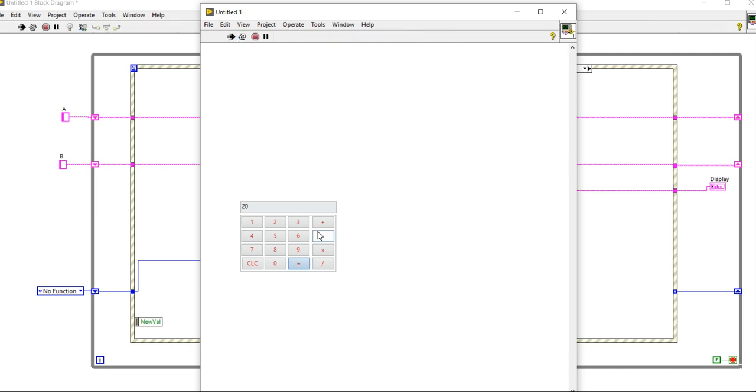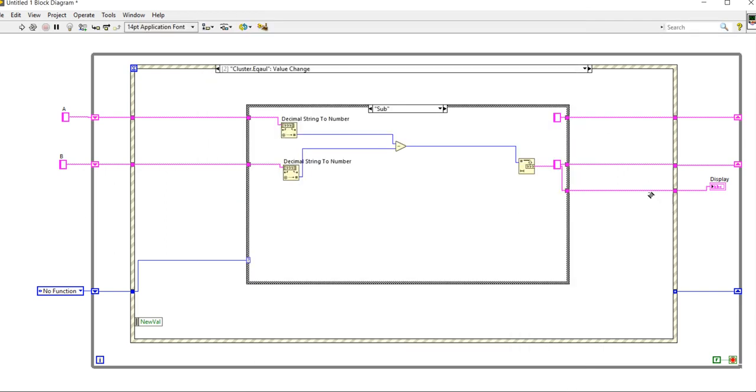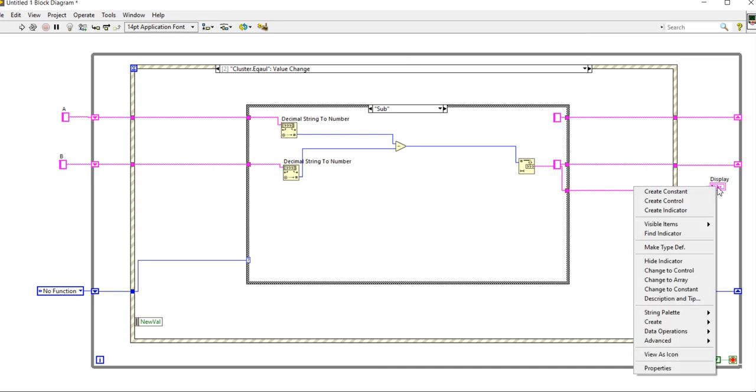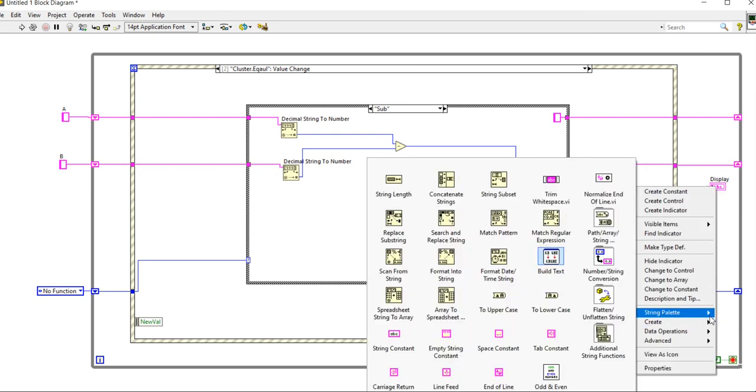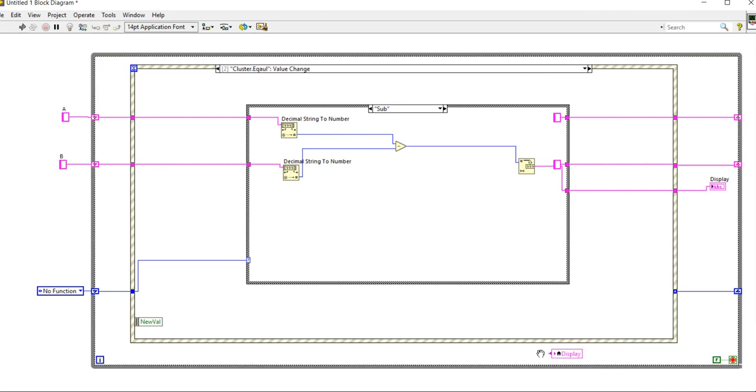Now let's check whether our program is working or not. Run. Four multiply 8 is 32. 52 divide by 2 is 26. So our program is working. So now right click, come here, take a local variable and place.